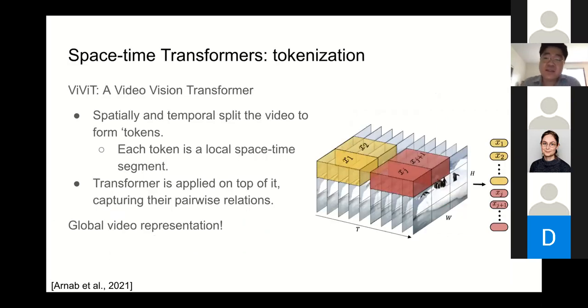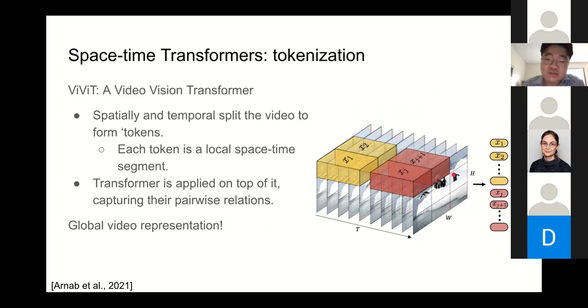Motivated by that, people tried applying this to videos. This is ViViT, which one of the speakers, Cordelia, talked about in the morning. Transformers always need tokens, and in videos, we also need to generate tokens. How did they do that? Similar to the Vision Transformer, they split each frame into multiple patches.